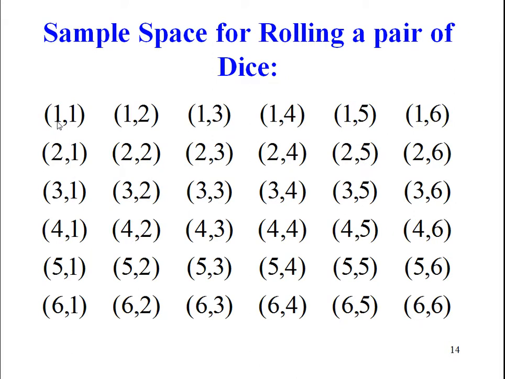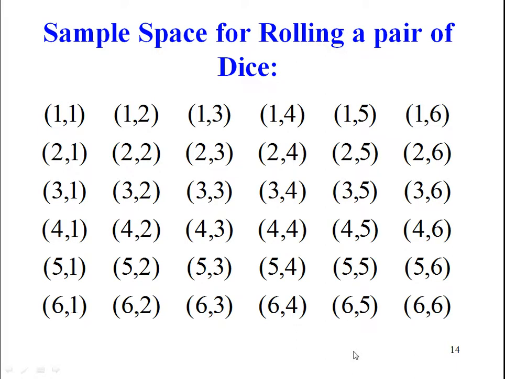Of course, you can get a 1 on the first roll, 1 on the second; 1, 2; 1, 3; all the way to 1, 6, and then all the way to 6, 6. So there's 36 elements here. Each one's equally likely, and it can't be broken down any further. Now the sum could be 6, but that could happen in a number of ways. But 3, 3 is clearly a simple element that cannot be broken down any further. So here's our sample space.